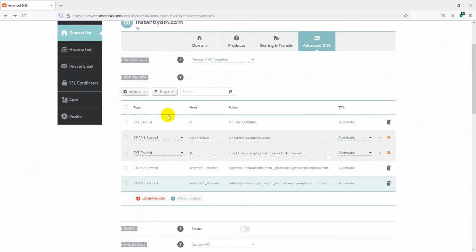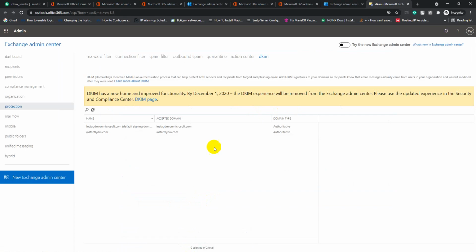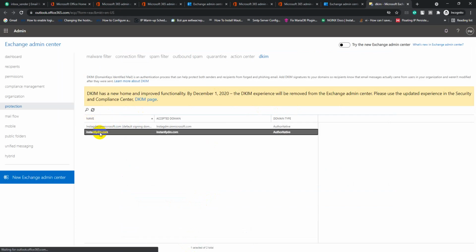So we added SPF, DKIM, DMARC and MX records for our Office 365 account. Let's verify the DKIM record. Click DKIM and click enable.